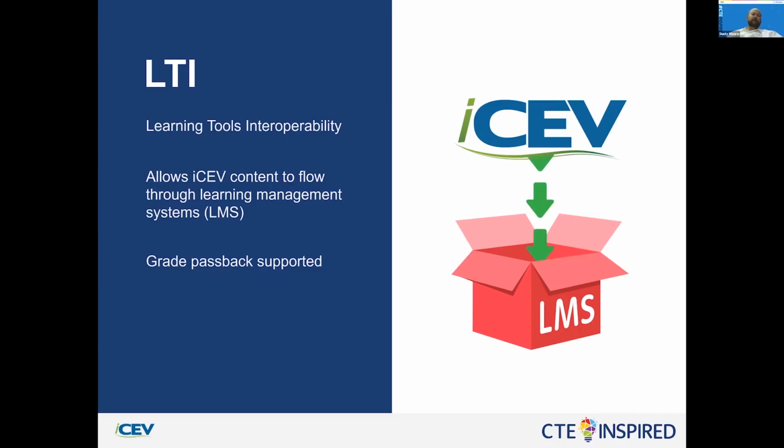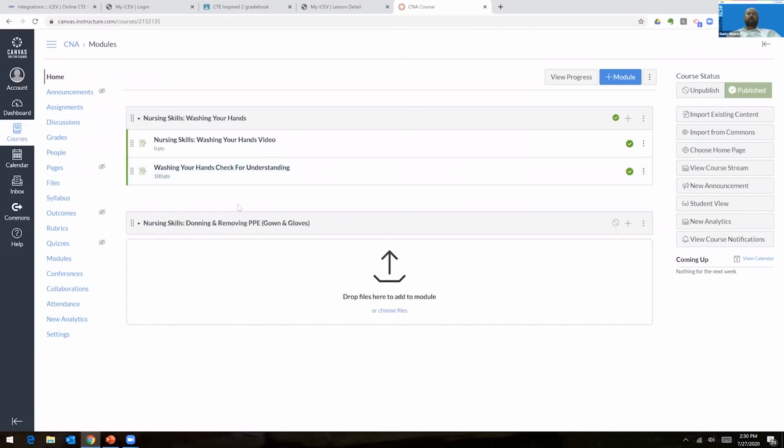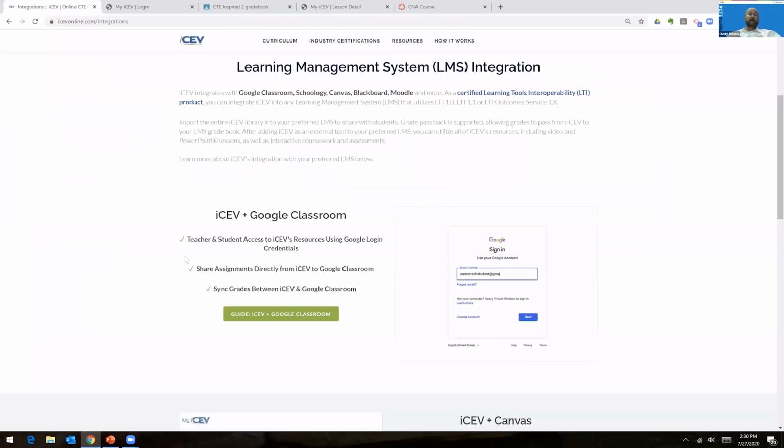Let's take a look first at Canvas and how you would utilize ICEV within Canvas. As we log into Canvas, first of all, you're going to see the courses that I have set up here. For today's demo, we're going to be doing our CNA course. So I'm going to go ahead and click on that. The very first step of utilizing ICEV within Canvas is going to be making sure your external tool is set up. We're not going to walk through those steps today, but you will be able to follow those steps over here on this